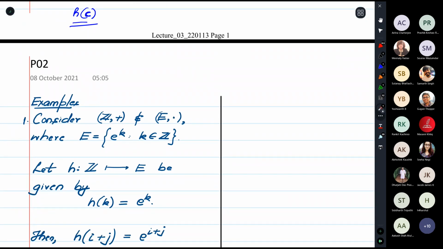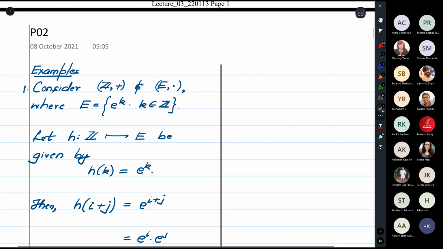Okay, so first let's look at a very, very easy example. So we have these two groups, (Z, +), right? So in the first group, the set is the set of integers, and the operation is the usual addition between integers. So I'm sure most of you must be comfortable in verifying that this object over here indeed